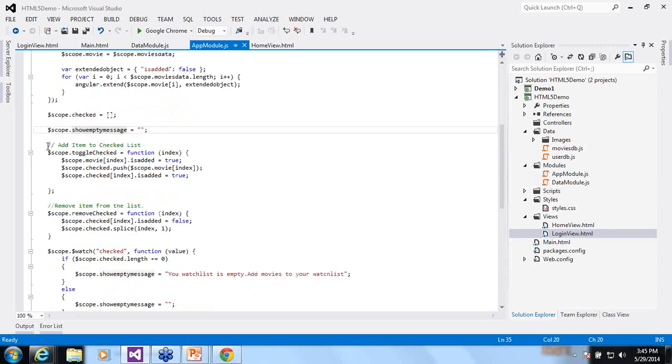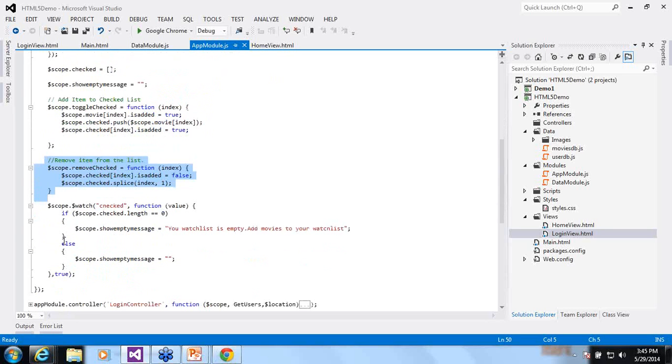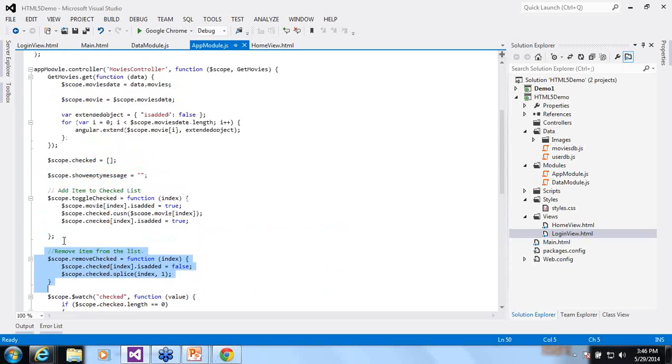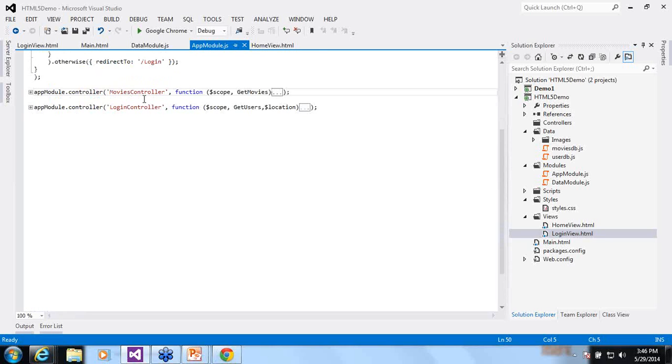We have 2 functions to check whether the item is added to the checklist or removed from the checklist, and we use the watch service to check whether our checked array has got items or not, and display the message to the user. So this was our movies controller, which is bound to the homeview.html.